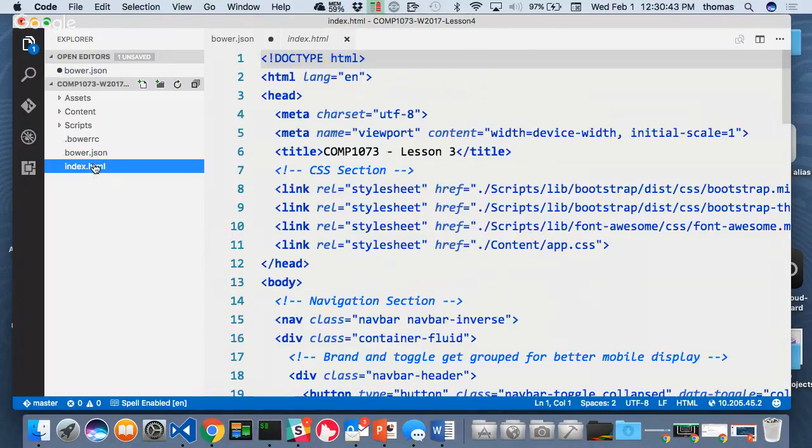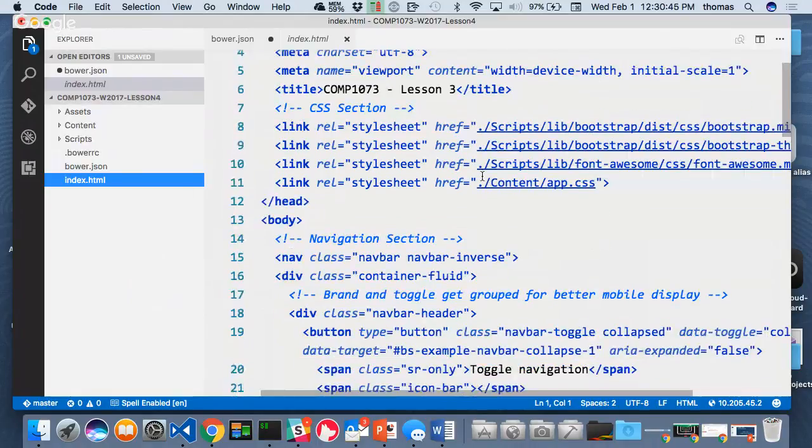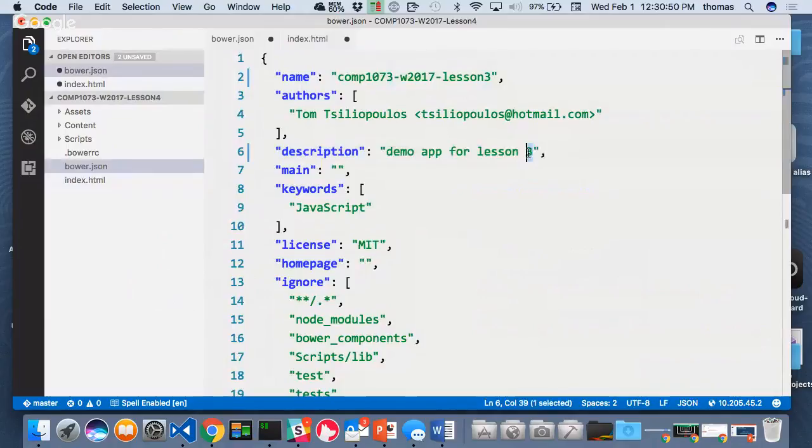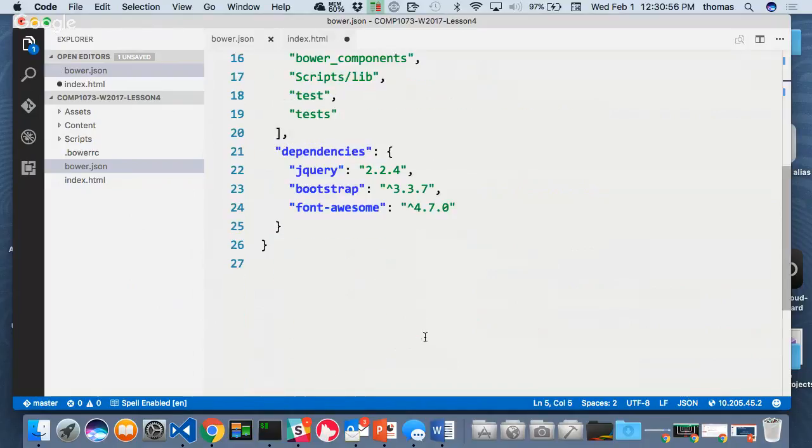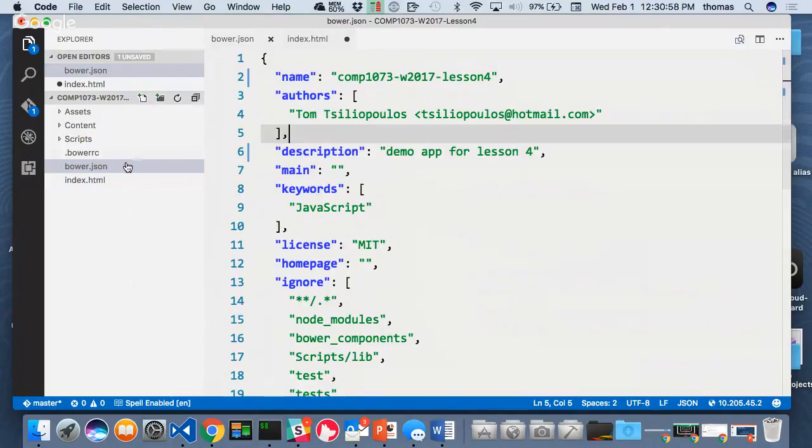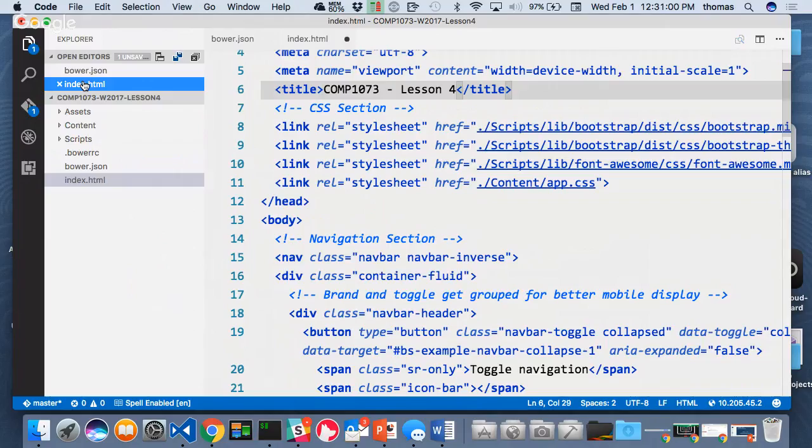I also have one file, index.html, and it says lesson 3. We're going to say lesson 4. Did I make a mistake? I left it that way last time. All right, so that's fine. There we go. All right, one thing you can do with the bower.json file is you can reinitialize bower.json, and